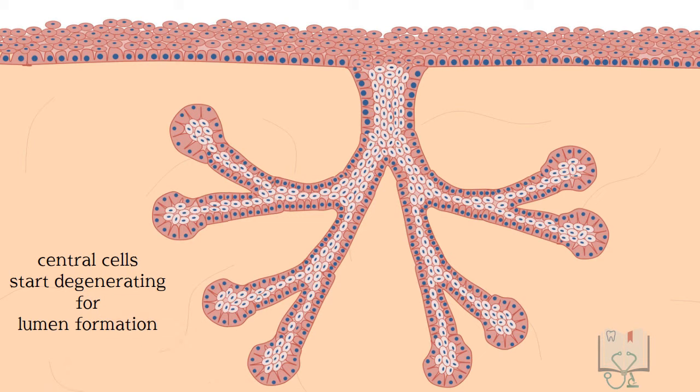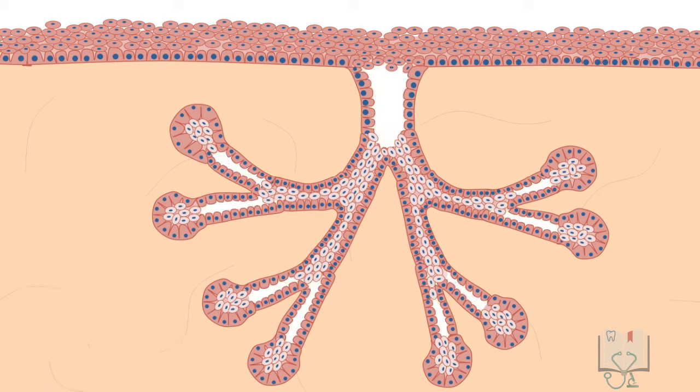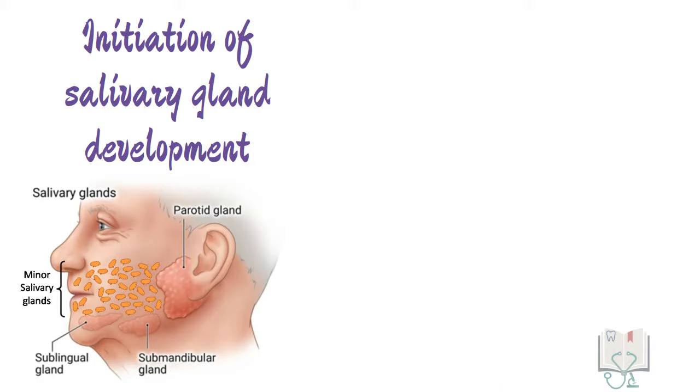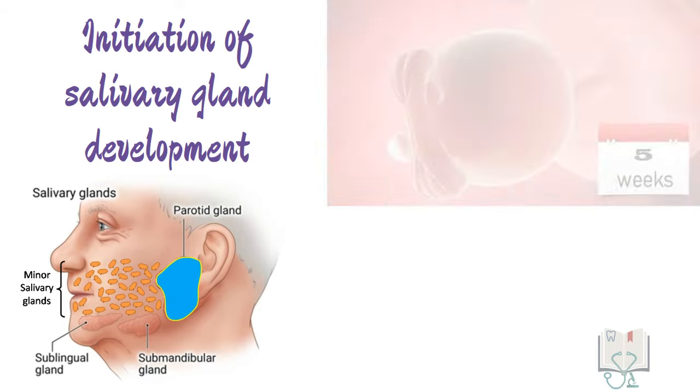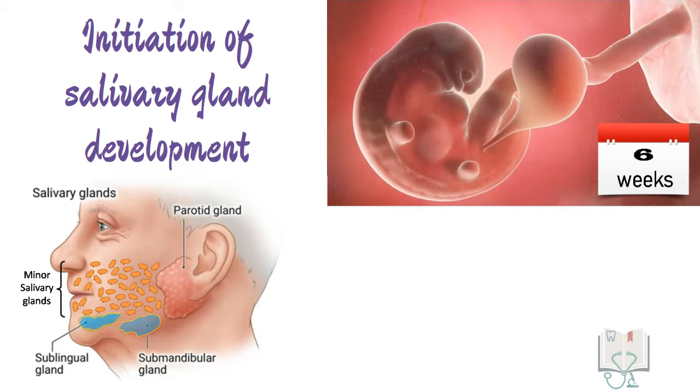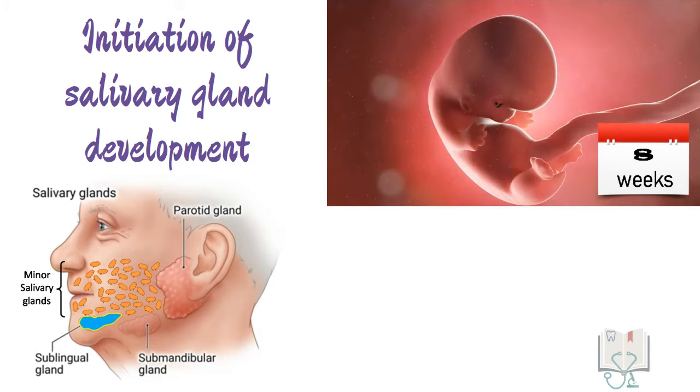The central cell degeneration occurs first in the distal and proximal portion of the cords and then in the middle portion. Finally, the central cells of the acini undergo degeneration for completing the lumen formation. The first salivary gland to initiate development is the parotid gland around 5 weeks in utero, then the submandibular gland around 6 weeks in utero, the sublingual gland at 8 weeks in utero, and all minor salivary glands initiate development during the 3rd